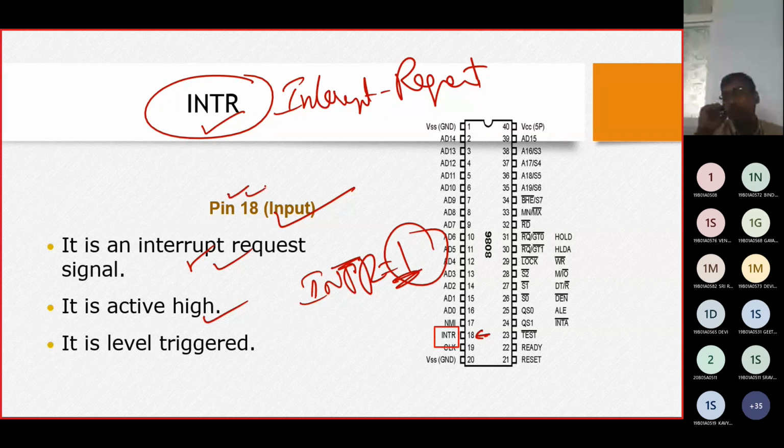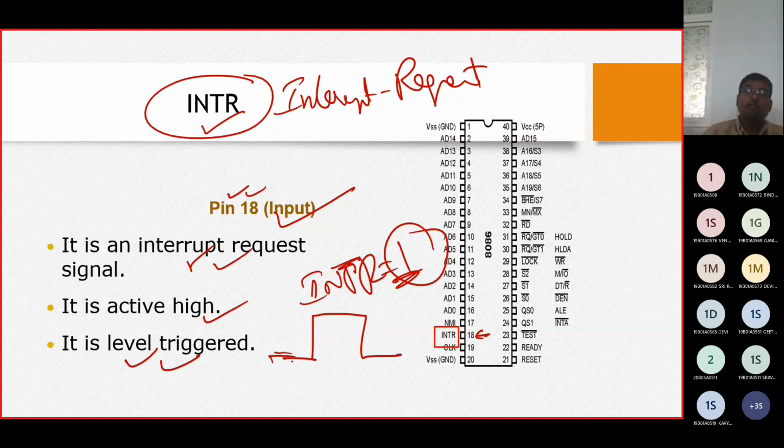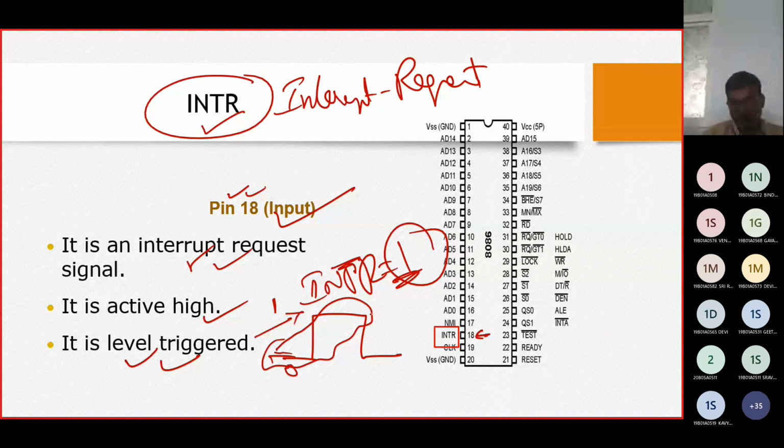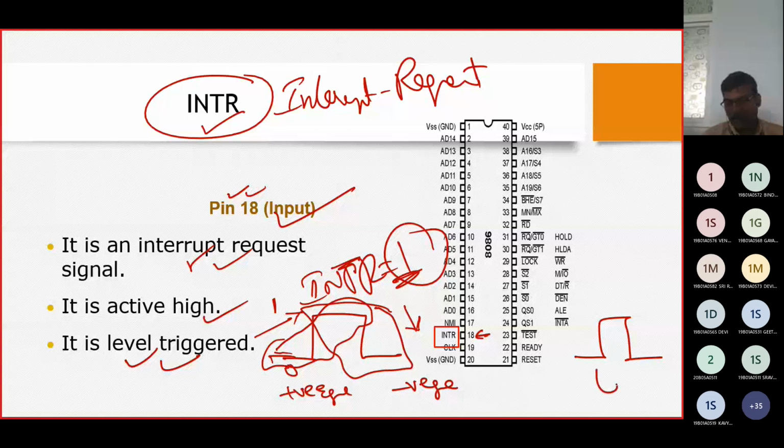It is shown with pin number 18, and it is working with a level triggered flip-flop. So I will write a pulse here. In this pulse, this is low, high, then from this point to this point, we call it the positive edge, and this entire point, we call it the negative edge. Positive edge, negative edge triggered flip-flop. And if I take an entire oscillation, we call it level triggered.